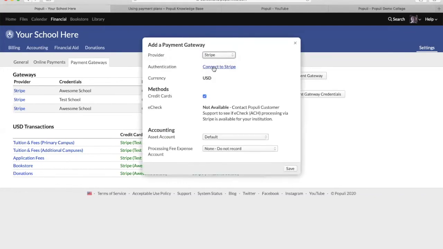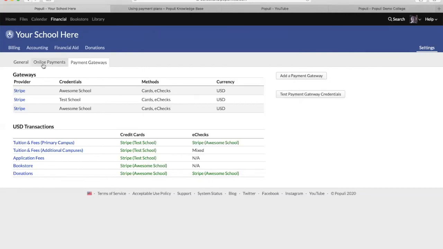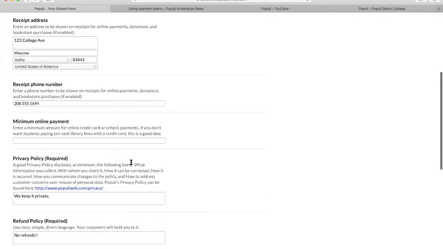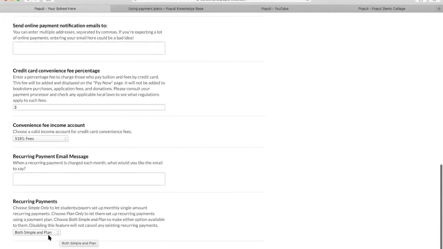and choose Stripe. Just connect to Stripe. That's the fastest way. It's just like a page that you've got to fill out. Or Authorize.net. The fastest way is to sign up for Authorize.net with Moolah, but you can also put in your specific details here if you want. And once you've got all that set up, there's a setting here, recurring